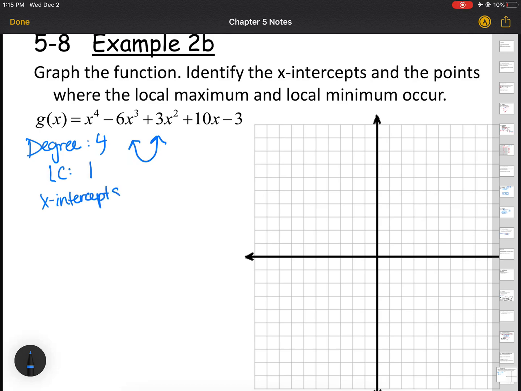We hit second button and then trace, the white button, and if we hit the 0, and we go through and try to figure out the points exactly for where they cross the x-axis, those zeros, or x-intercepts, there's going to be 4 in this case, okay? Because that makes sense, because there's 4 x-intercepts or solutions, which is the exact amount of the degree that we have right now. So if we go and repeat that process, the x-intercepts are going to be approximately negative 1.140,